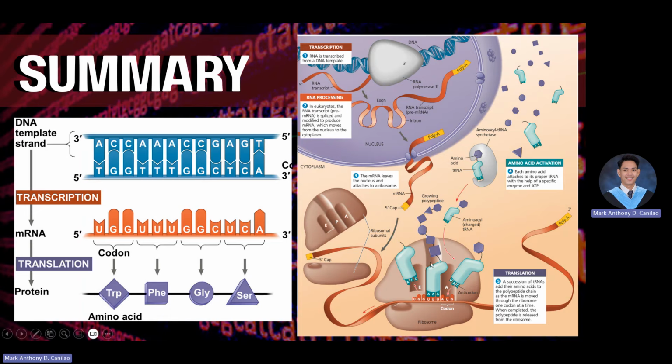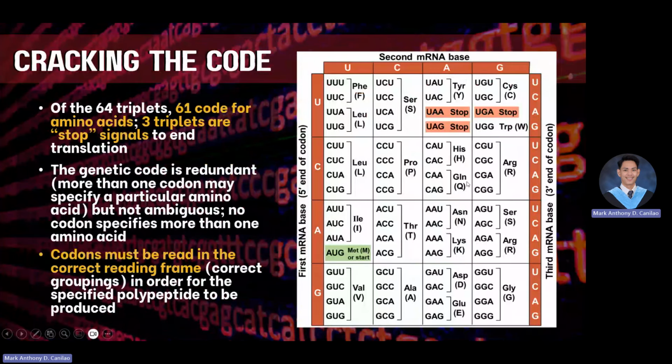tRNA carries an amino acid, and when we start to translate the transcript that we have for the mRNA, the amino acid that we have forms bond in the processing site, and in the long run, we have manufactured a protein or polypeptide chain. So that would be all. Again, we use this codon chart to be able to identify specific type of amino acid on specific codon that we have.